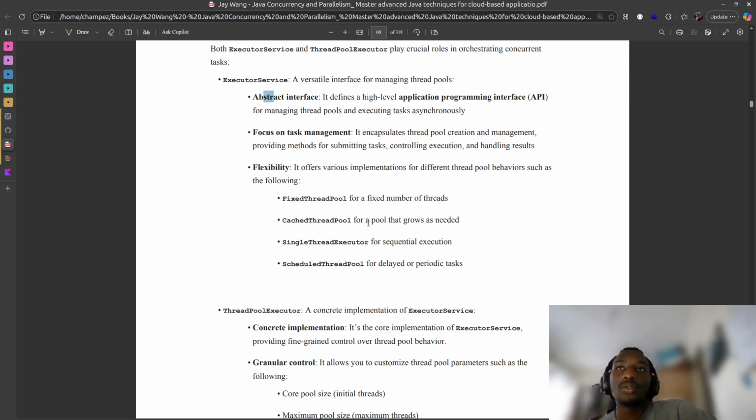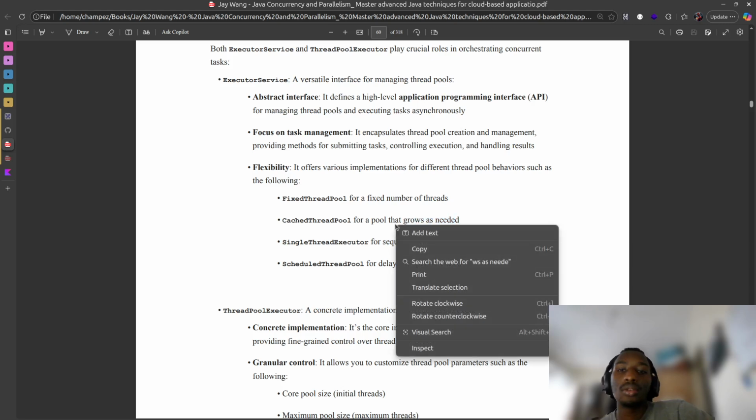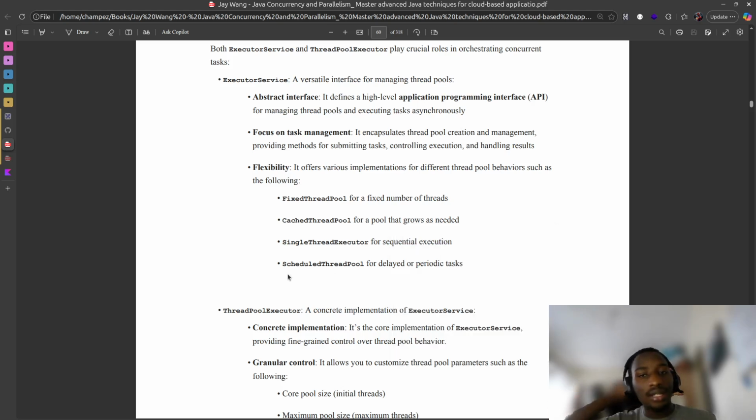A cached thread pool for a pool that grows as needed. So if your program requires more threads, it would grow as needed. And then you have the single thread executor for sequential execution. Sorry again, I'm starting at the very middle or almost. But nonetheless, you just have to keep on doing these things. Okay, so next thing is